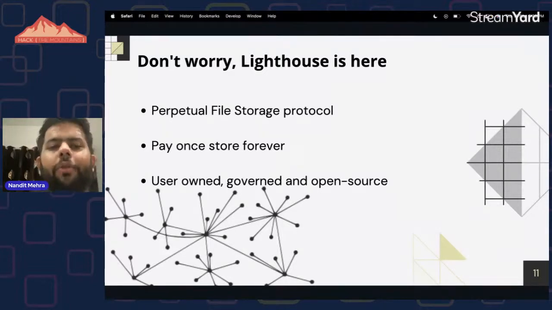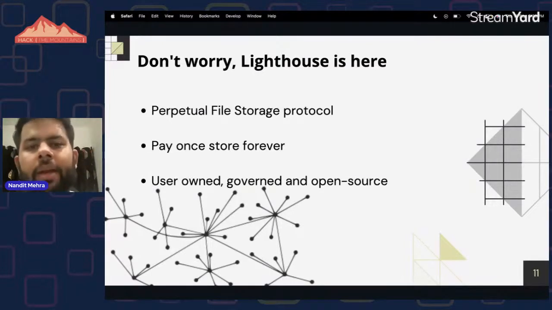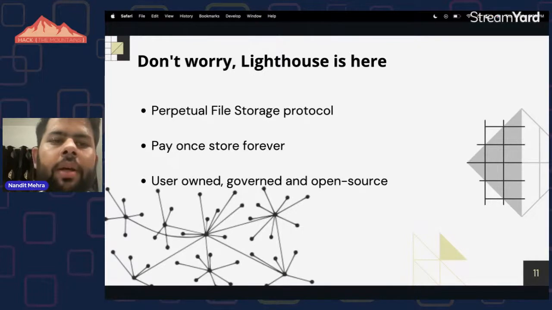Every month you have to renew for your files. And maybe what happens is, the day you stop paying for your NFT, or let's say the centralized company you used to create your NFT stops paying the miners, then your file will point to nowhere. So that's what Lighthouse allows you to do: just pay once and store your files forever. No need to do recurrent payments.